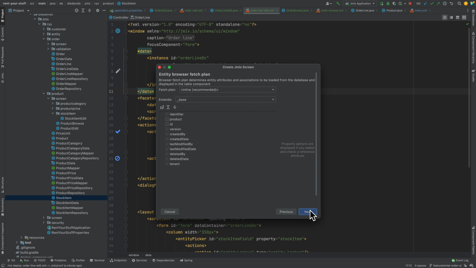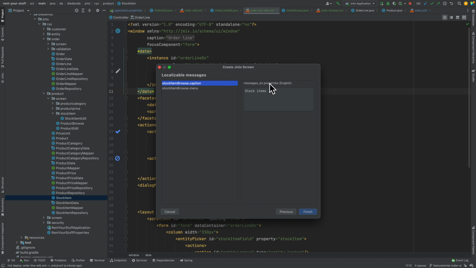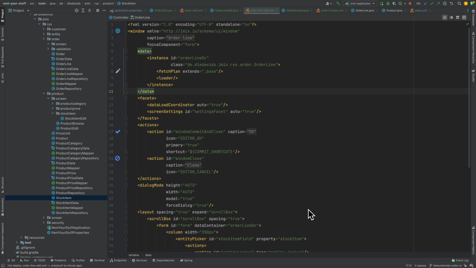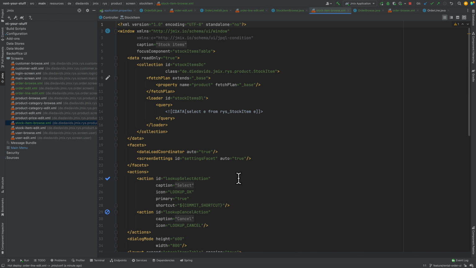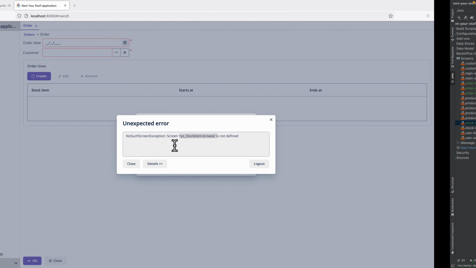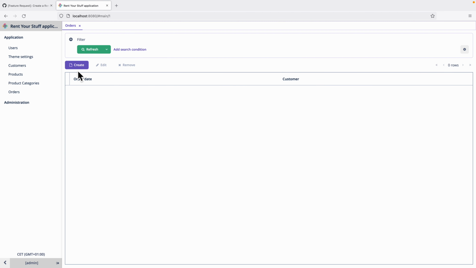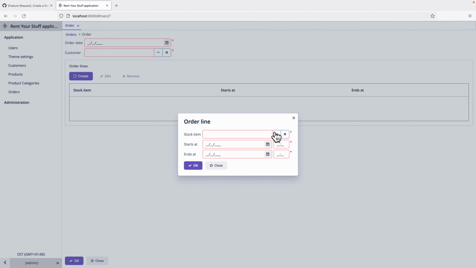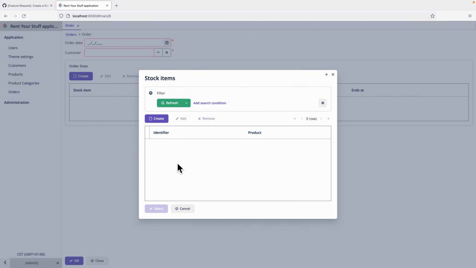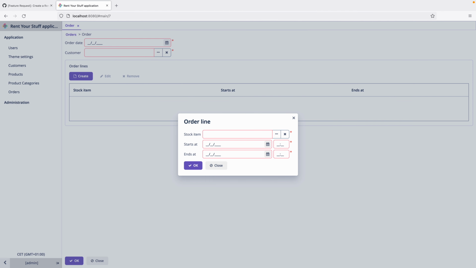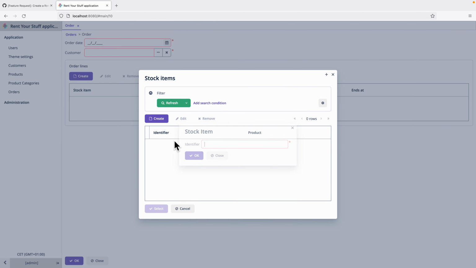And yeah, we can just leave all of this there and just add the product there in order to see the corresponding information. So we can put it to the main menu, but it is not really the point of this video, because our current goal is only to be able to select a particular stock item. So now we have that here. And with that we are able just to select now everything and actually store everything. So in order to do that, I actually have to create a particular